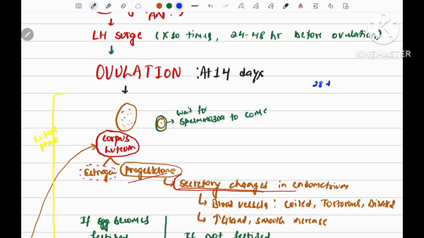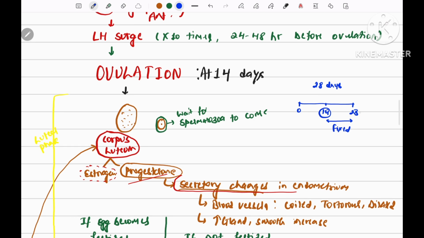Okay, 28 days: 0, 14 and 28. At 14 days ovulation occurs. Fine. After ovulation, these 14 days will be fixed. So if the patient is getting a menstrual cycle at 30 days, divide 30 minus 14, because these 14 days